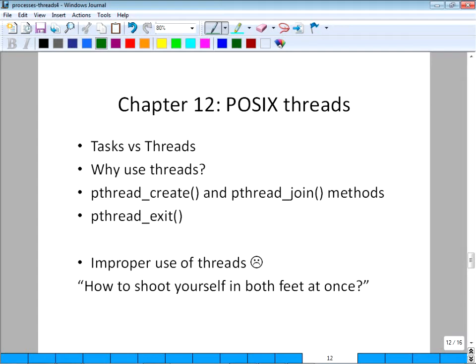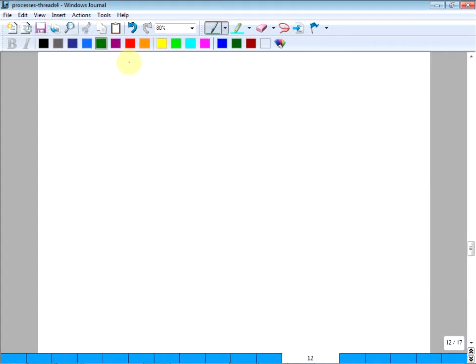So what's the difference between task and thread? Let's draw a picture. Remember, a task has a global data memory, and a stack, and the code area.